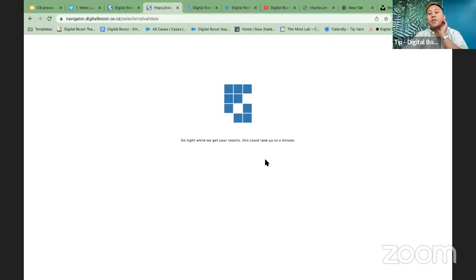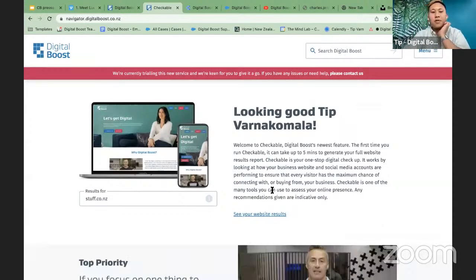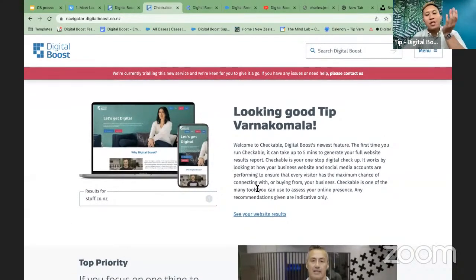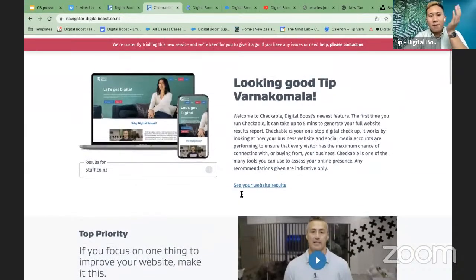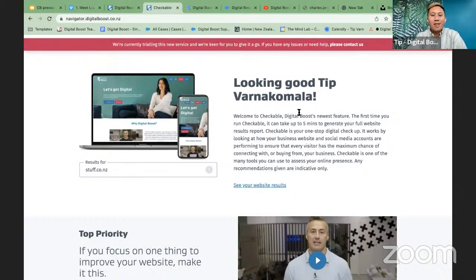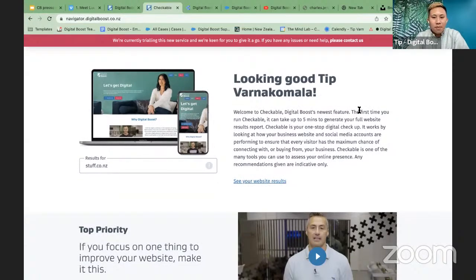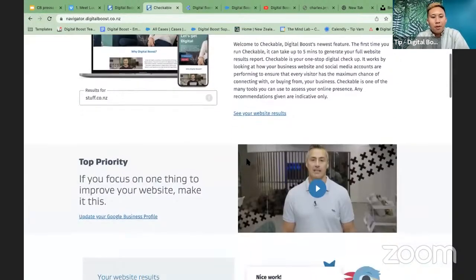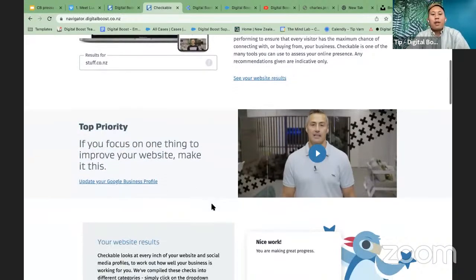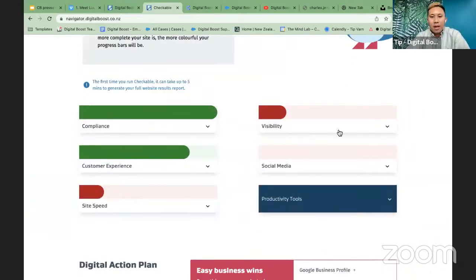And for those who just joined us, we've just started getting to Checkable, so we joined at the perfect time. Cool. So when you're in Checkable, it does take a few minutes to load your results depending on the website size. In hindsight, Stuff is probably a big website for it to check, but that's okay. And then you can read all the info and see what your top priority is. So I need to update my Google Business profile, but